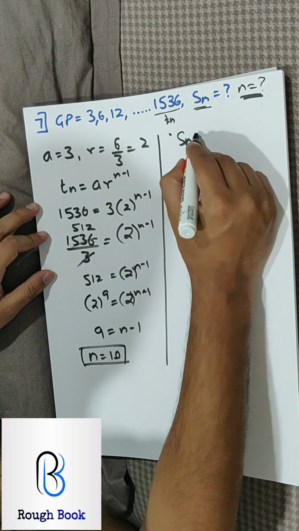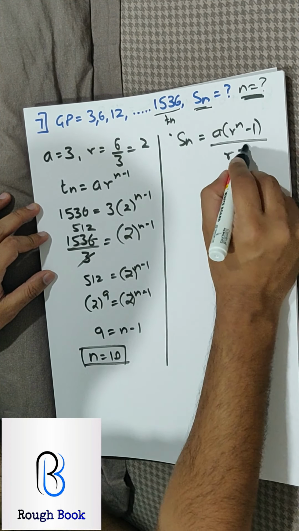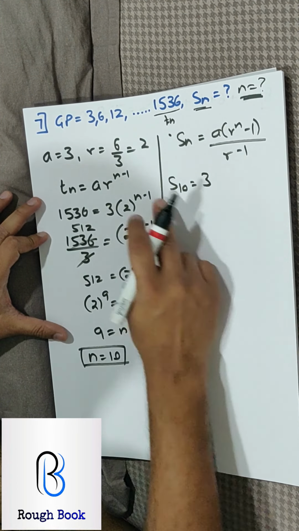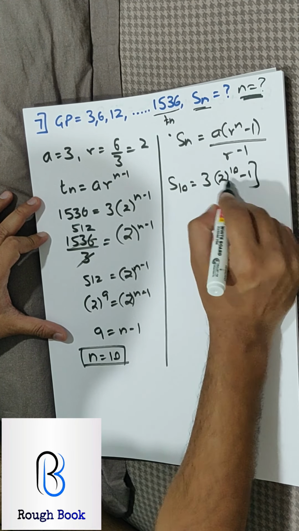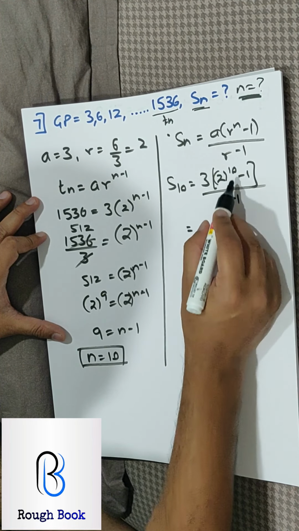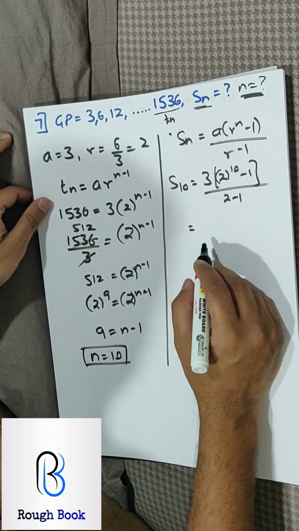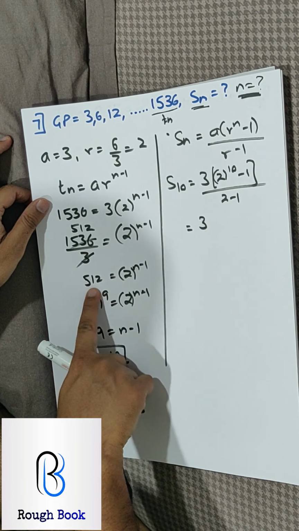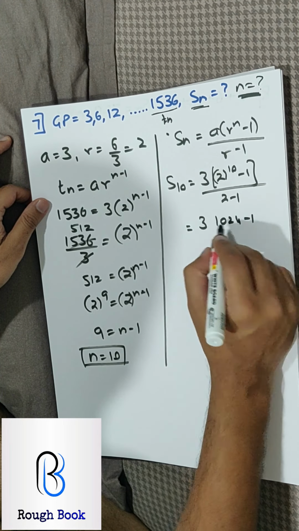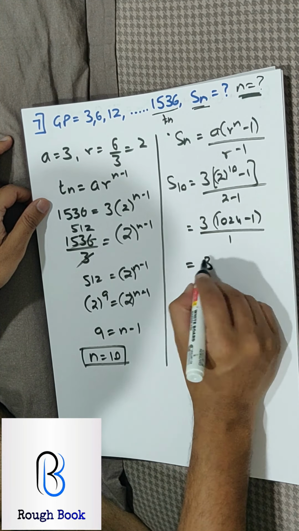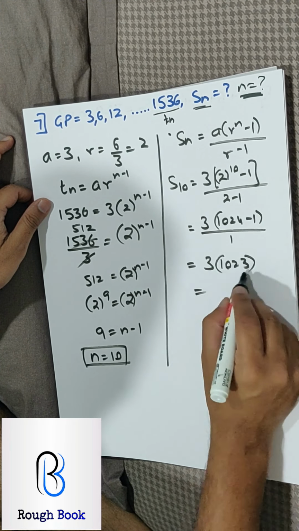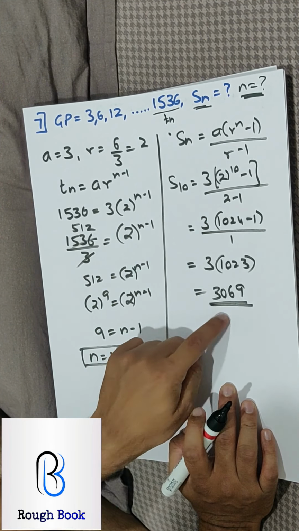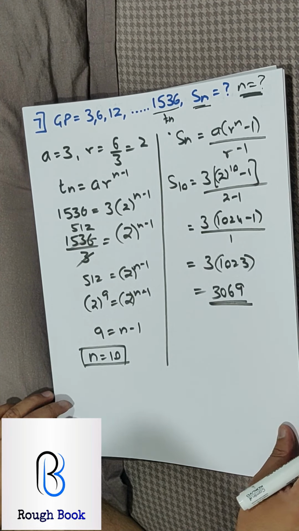Now that I have got my n as 10, I can easily find Sn. Since r is greater than 1, the formula is A times R raised to n minus 1, upon R minus 1. So S10, A is 3, R is 2 raised to 10 minus 1, upon 2 minus 1. You can leave this here or you can solve, that's your call. I would prefer calculating it. We knew 2 raised to 9 is 512, so 2 raised to 10 is 1024 minus 1, and 2 minus 1 is 1. So 3 times 1023. 3 3s are 9, 3 2s are 6, 0, 3. You can leave this here also, but I would prefer if you can do it till here, that will be better.